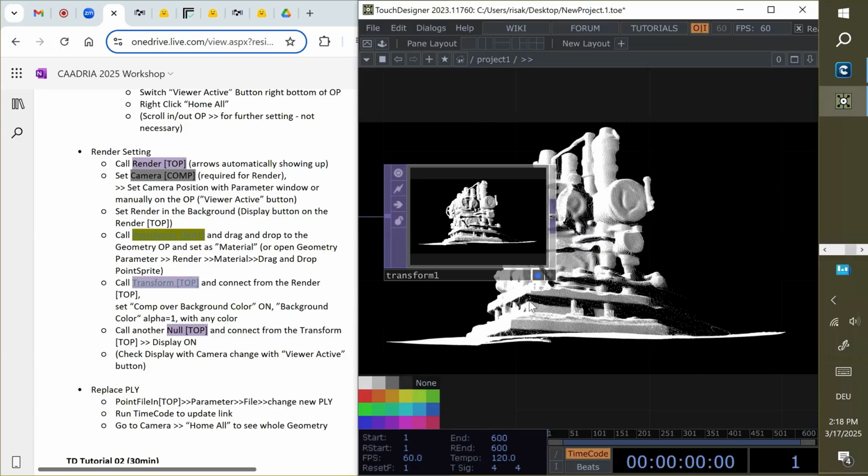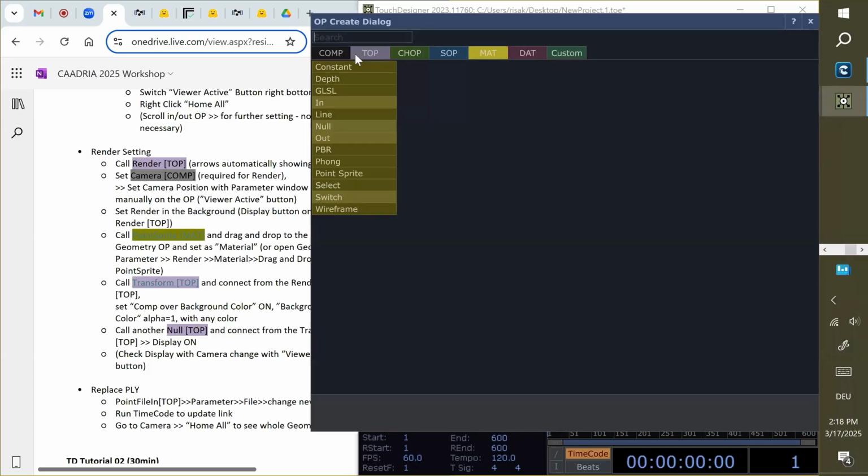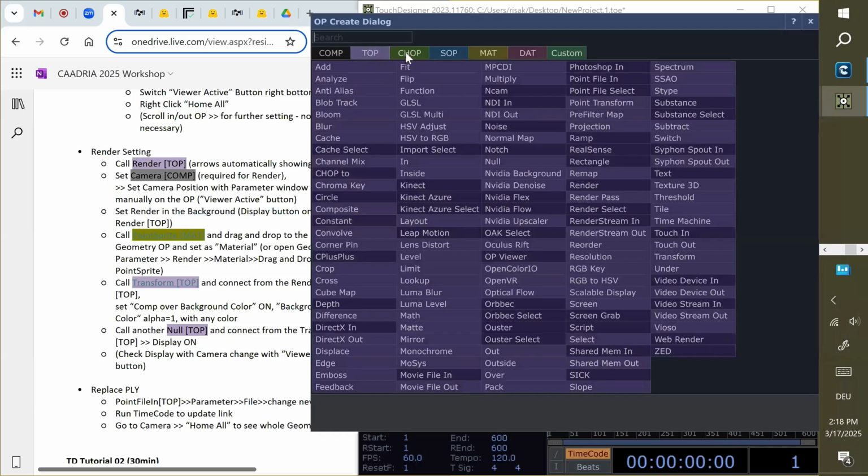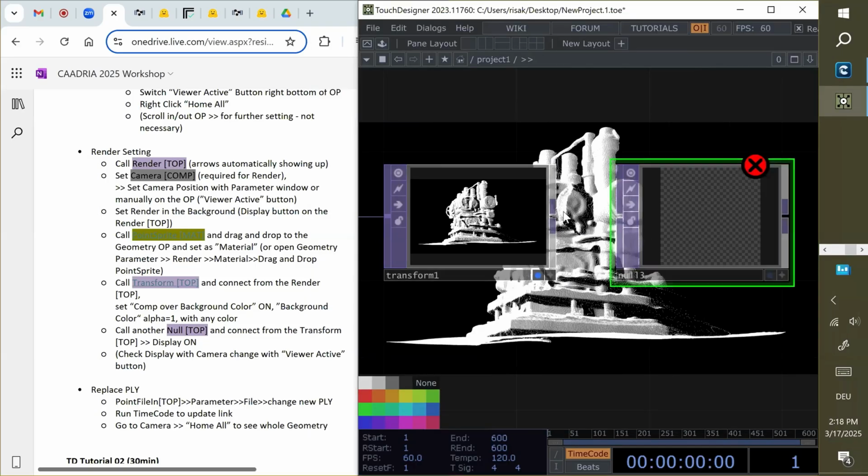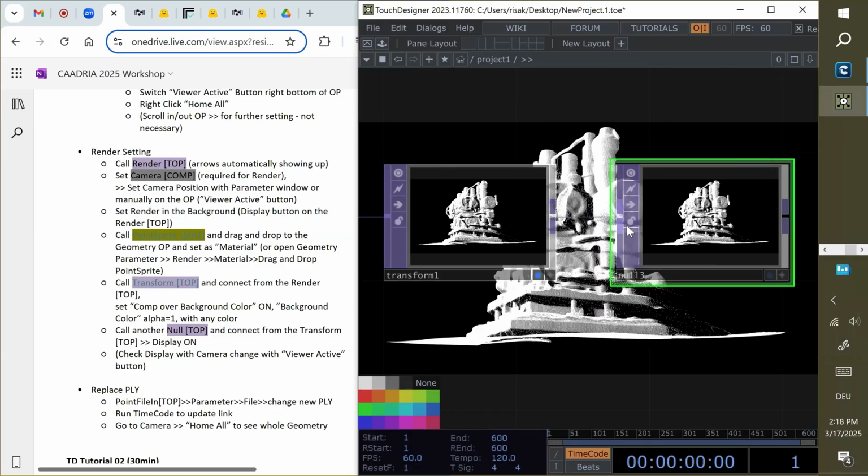And for further development, we just need once more TOP and null. Null node is kind of just a viewer, so there is no such meaning in this itself.